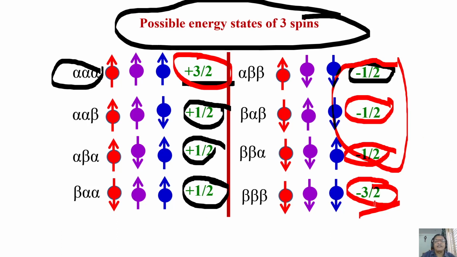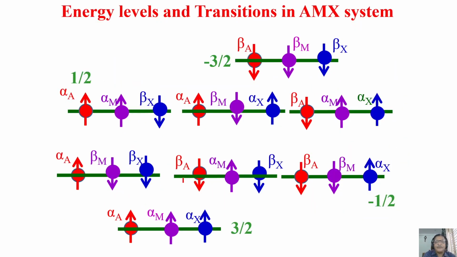I'm sure you are able to understand. I hope. Don't get confused. I don't want to repeat. You understood. Now this you can work out yourself. Possible permutation combination you would have studied. Okay. So if you work out that way you will find out what the energy states are here. This is what it is.